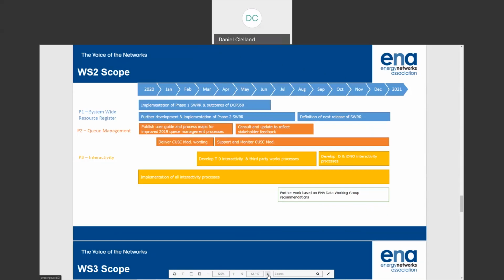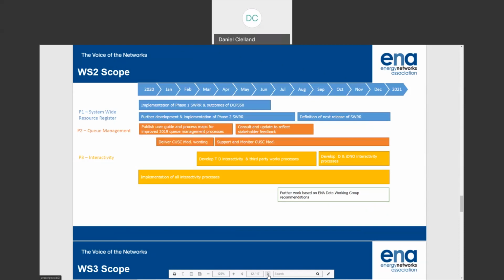The other two areas of Workstream 2 scope are areas that should be familiar to those of you who are familiar with open networks. The first is queue management. So we have published our findings around queue management, and we're now going to that next level down, looking at a user guide and process maps for improving the queue management processes. And we're also looking at raising a custom mod associated with queue management.